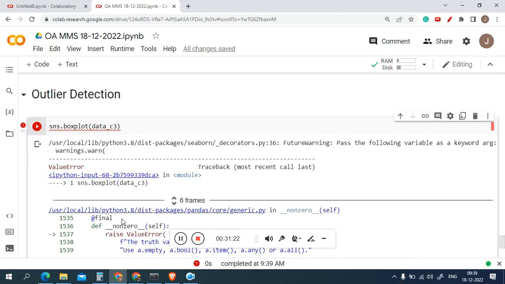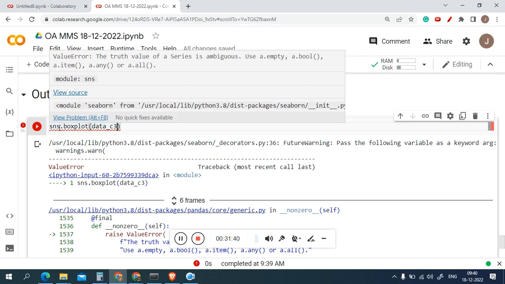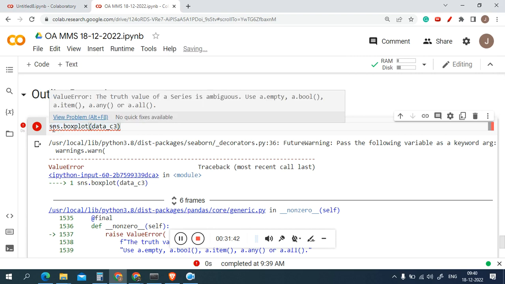मेरे में हुआ था Huh? मेरे में हुआ था Same you written. हाँ वहाँ पर वो सर आपने परसेंटेज वाला नहीं डाला होगा नहीं, आपने PLT बॉक्स प्लॉट किया है क्या या SNS? एसएनएस ही किया है एसएनएस में क्या